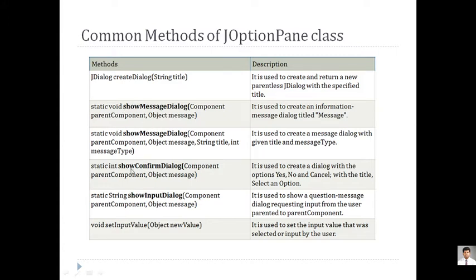You can show a confirm dialog box also, that is yes, no, and cancel on a screen. A small message box with yes, no, and cancel with some message, that is showConfirmDialog. And we can accept some values at runtime in the format of a string, that is, the values entered at runtime are considered as a string, that is showInputDialog.